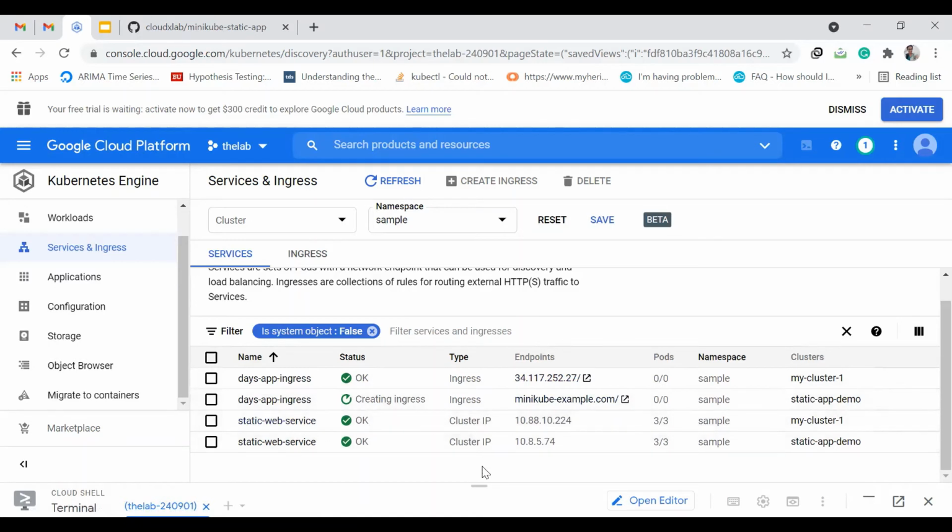Okay. So we also need to change this minikubeexample.com. Why? Because when we did it in the minikube on our local, we just configured this particular domain with the IP of the minikube which we were using then. So that is the reason we mapped this domain name to the IP address of minikube in the etc hosts file, so that whenever we enter this particular domain in the browser, it will know that it has to redirect those requests to the IP of minikube, and everything works fine.